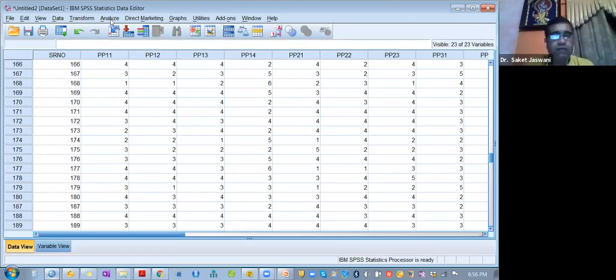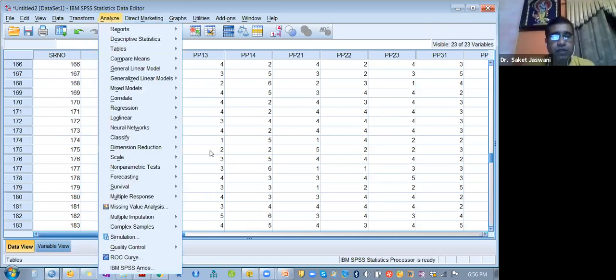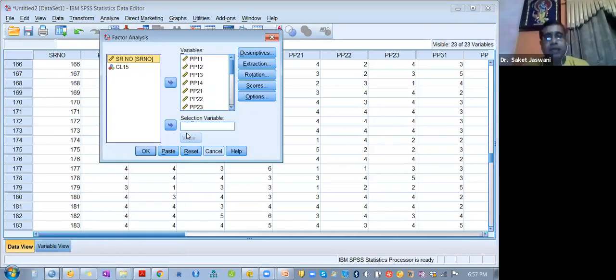Okay, so again we will go to the data view and then we go to analyze, we will go to dimension reduction factor और हमें यही टेबल मिल जाएगी। Now PP14 हमें हटाना पड़ेगा, so we will select PP14, we will remove it and then we will test again, we will check, click OK, okay।